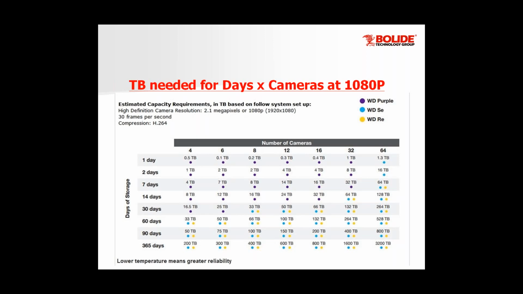Looking at this chart, if you have 16 cameras all recording in 1080p at a maximum of 30 frames per second, a 4 terabyte hard drive only lasts 2 days. So there are a few ways to extend this. One would be to put your cameras on motion detection. Another way is to lower your frames per second. If you lower it from 30 to 15, that doubles your storage. You can lower it down to 7, which is still acceptable when it comes to providing evidence. It's still a good frame rate, but that will extend your